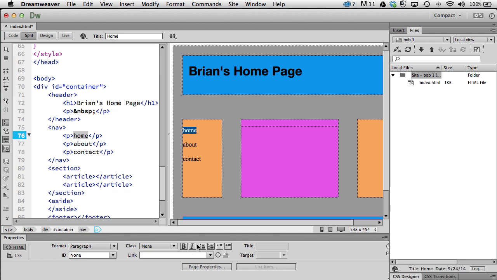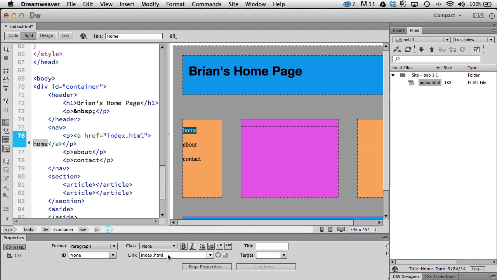So this is a little shortcut. With this selected, down in the properties panel, where it says link here, there's a little bullseye. And if I click, hold, and drag that over to index and let go, it'll type that in for me. And that's all I need to do. So over here it's named this P tag an A href, which is this is a link, and this is saying that this is what it's going to link